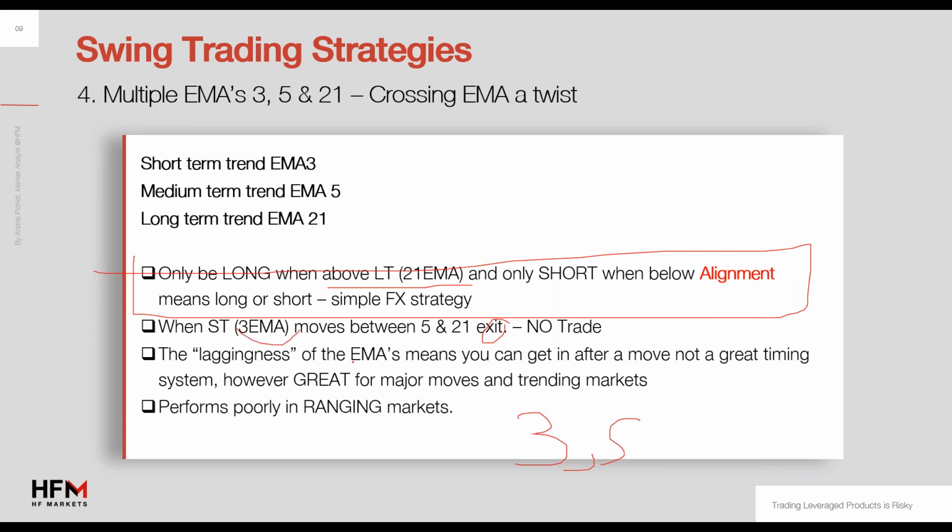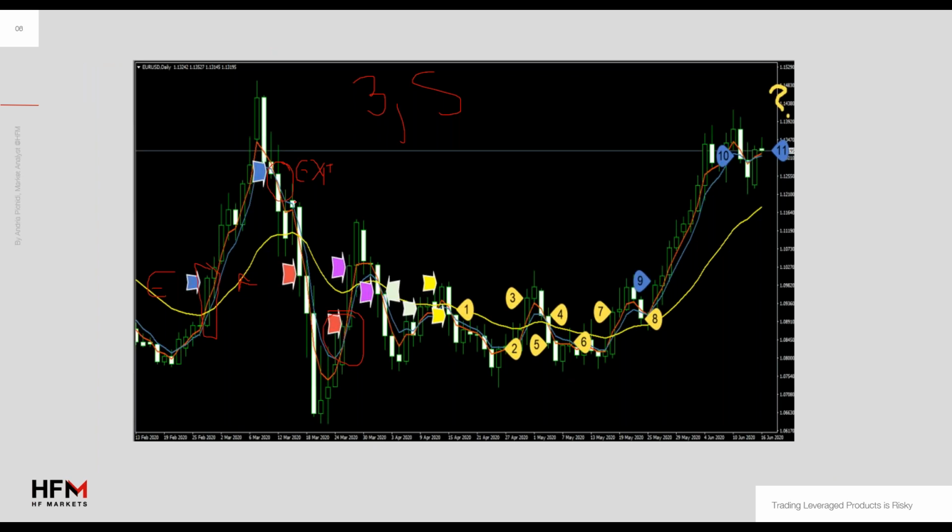Yes, when the 3 moves below the 5, it should be over here, in a long position, or if the 3 moves above the 5 if you are in a short position. If it also crosses the 21, that's even better. But it doesn't mean that you will always see it crossing the 21 as well, okay? What I mean, over here,